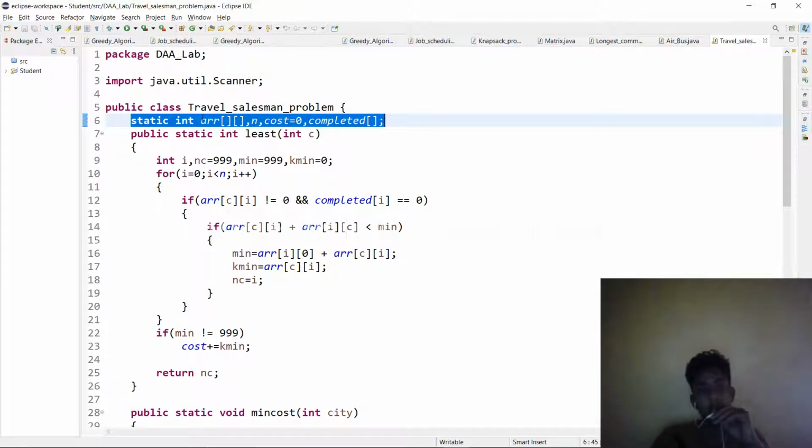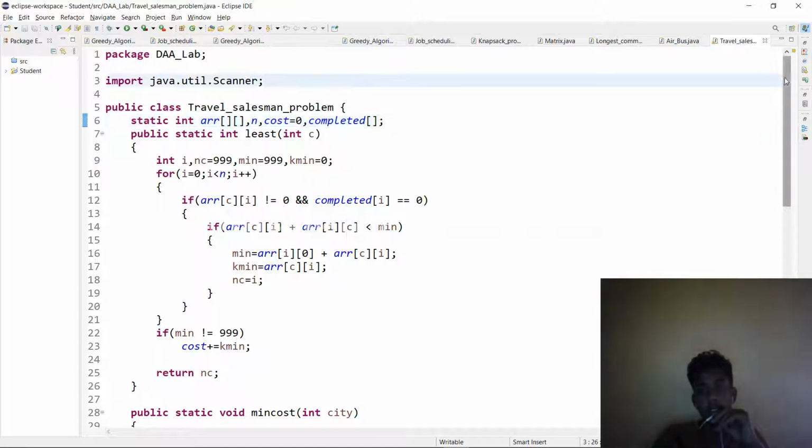For that I've declared an array globally. n is the number of cities. For the cost, initially we are taking 0, and completed is an array where we are going to mention which cities are completed and which are remaining. This is the way we are going to calculate the TSP using dynamic programming.